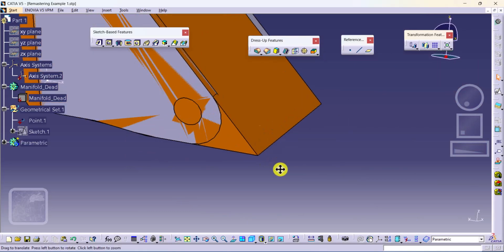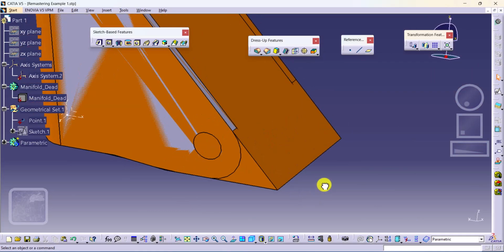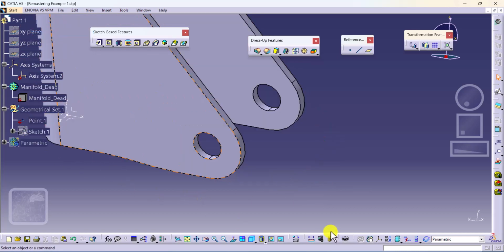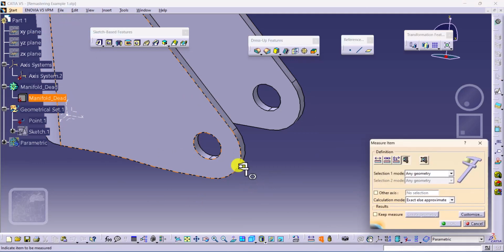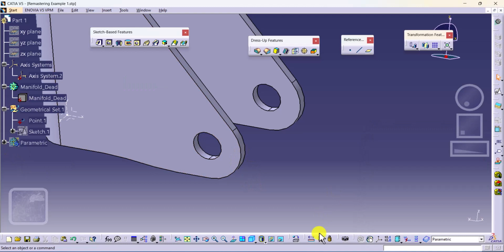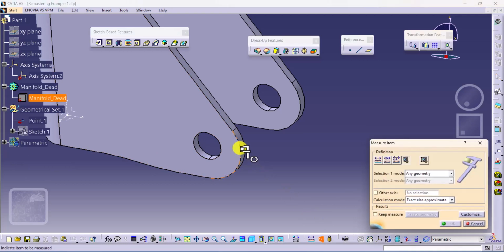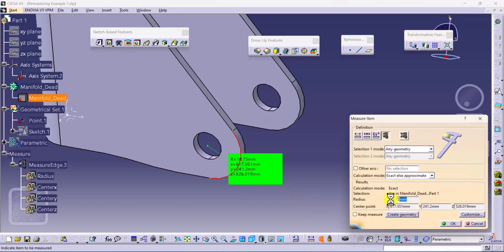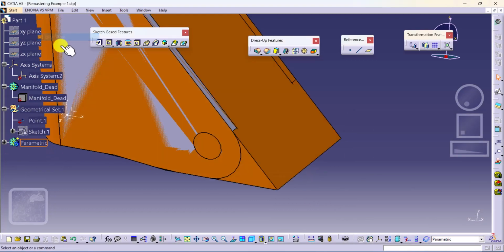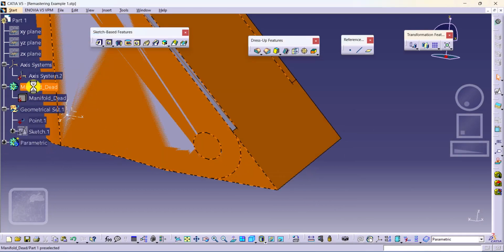Similarly here also we can do the same. If you are not comfortable doing this, then you can do that. You can hide the parametric body. You can go for measure item separately, measure the particular radius value, measure item, measuring this value, 18.75 it is. Then you can show the parametric, you can hide non-parametric,